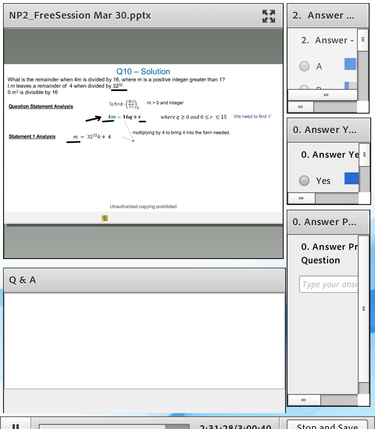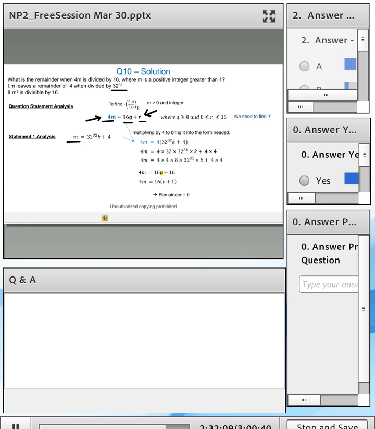Okay, so we multiply both sides by 4 and we basically get this. Now you have to do processing so that your goal is to bring one term that is a multiple of 16, such that the remaining terms can constitute your remainder R. That is what your goal is, and that's what you've been doing in all of the questions in this session, right? So we are doing that processing. Now again, for those of you who are not able to follow along this processing, it's okay. Take a look at this slide after the session. Spend 5 minutes on this slide.